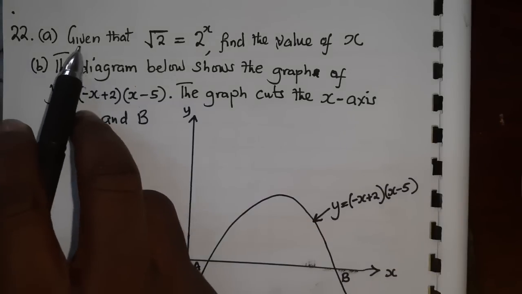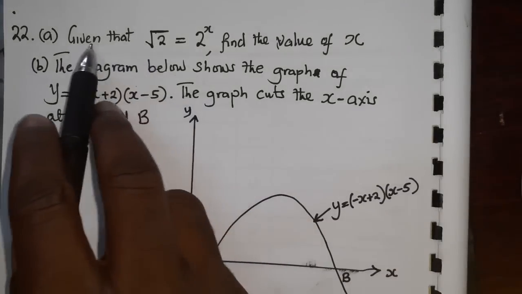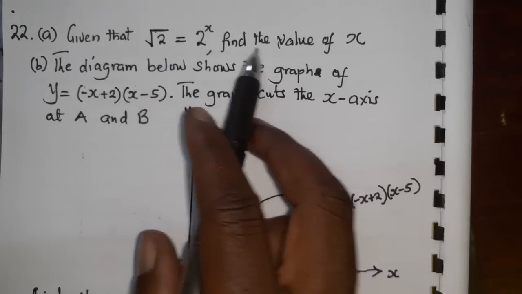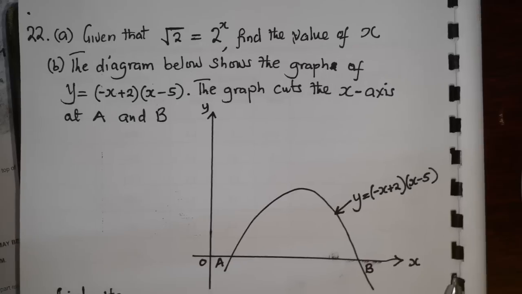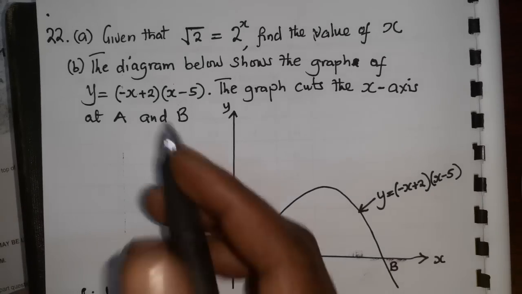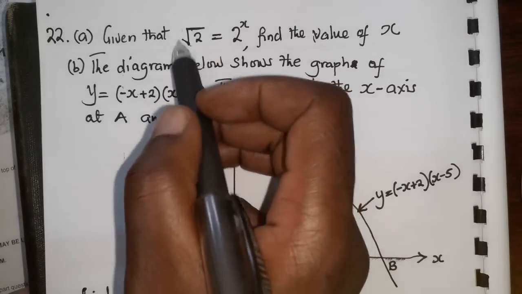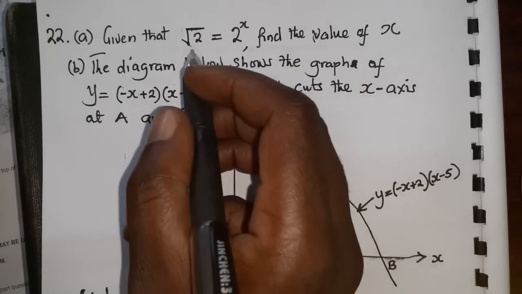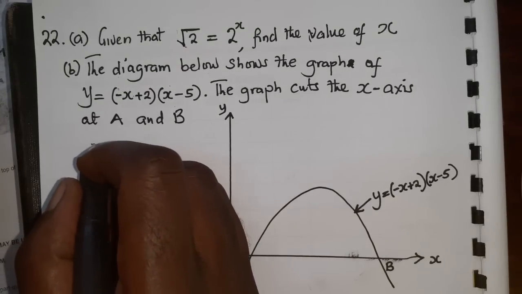Okay, so 22 has two questions. The first one is: given that the square root of 2 is equal to 2 to the power x, find the value of x. So how do we write this one? How do you rewrite this one? You need to be familiar with the indices. So you need to rewrite this part as,